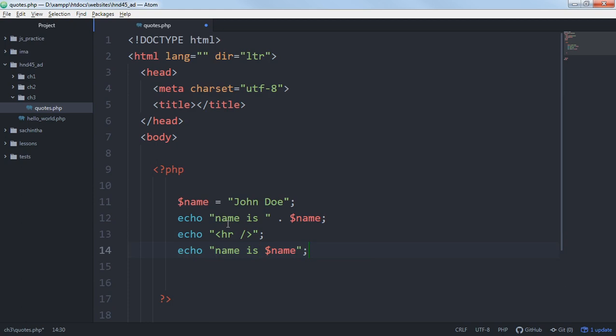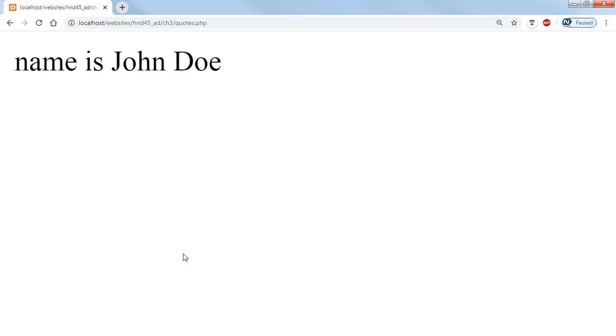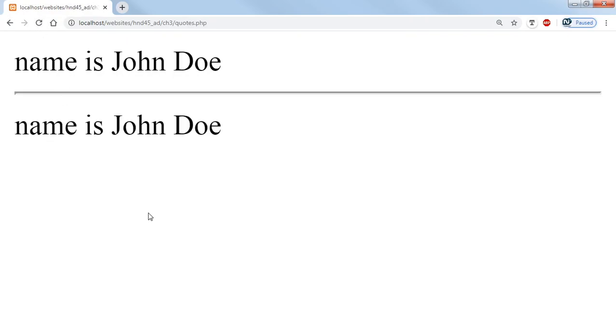You can see, even though the name variable is written inside the double quotations, it is turning into red color, so that it will work. That means it will process the value of the variable and display it. That means my name is John Doe will again pop up on the screen. You can see it's not different. So double quotations, when you use